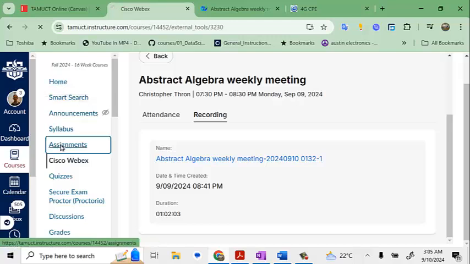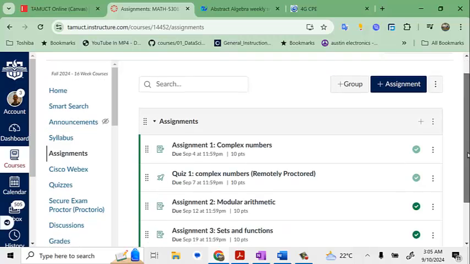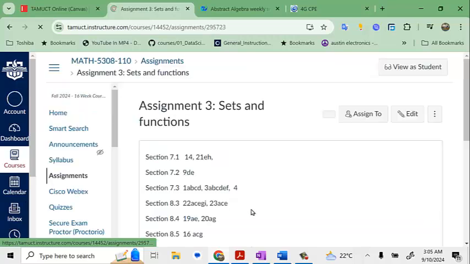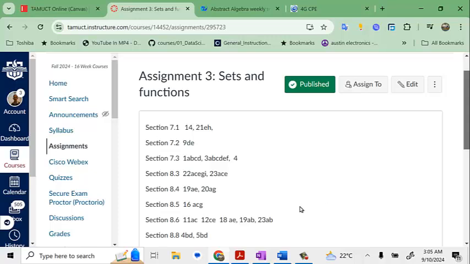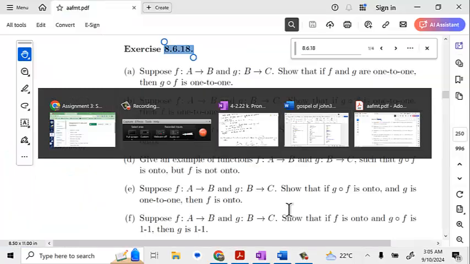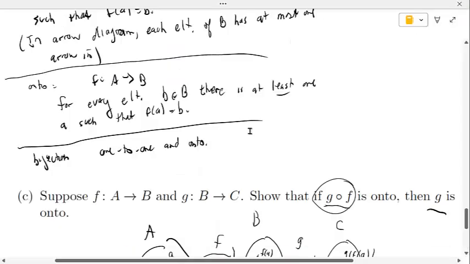There's an assignment here, and it's the assignment that is 8.6. I think we could look at this 11 ACE. Let's see. Oh yeah, here we go. 8.6.18. So I did C for you, and I do think a good way to attack these is to first